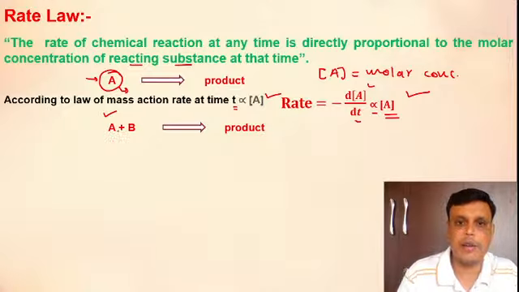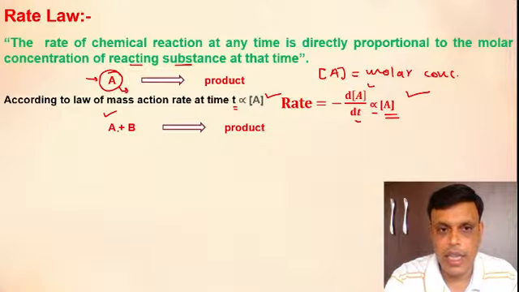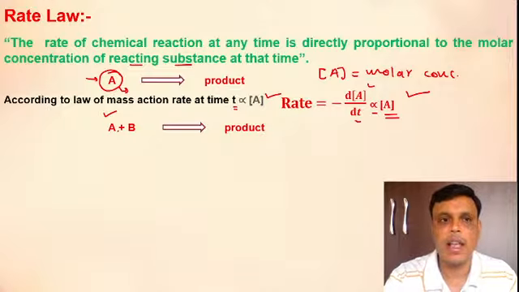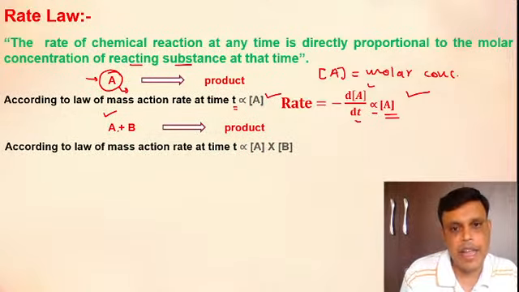Reactant A and reactant B. So in this reaction, that is reactant A plus B gives you product. In this reaction, we will apply the law of mass action, and we will write down the rate. So here, according to the law of mass action, rate at time t